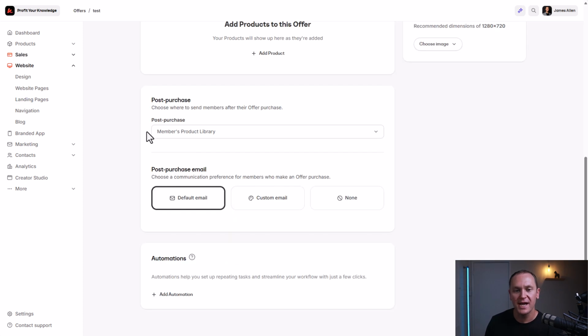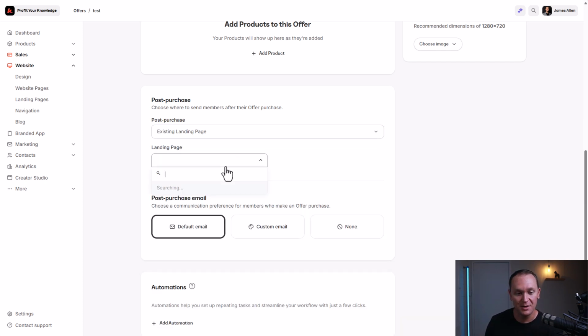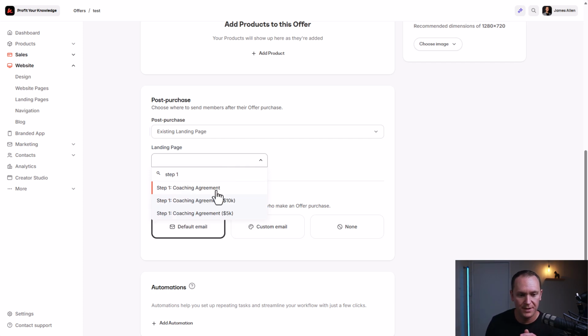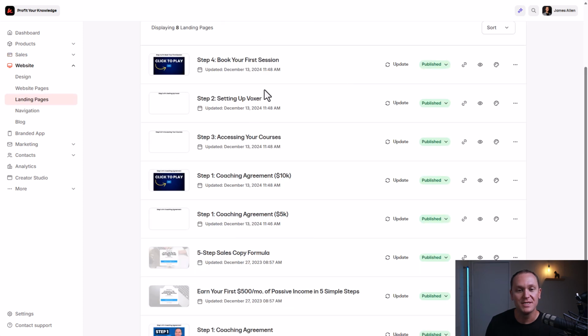So going back to our checkout page, instead of sending people to a product library after they sign up to be a coaching client, I can send them to an existing landing page. And I would just say step 1. Okay. And if this is for the 5K package, I would send them here. Now what's going to happen is as soon as they go through my checkout page, they're going to land on this super simple